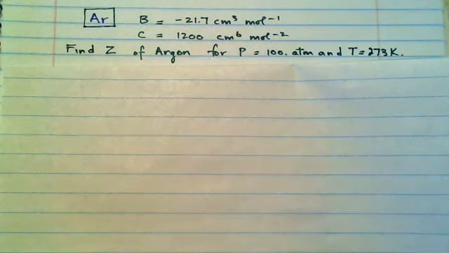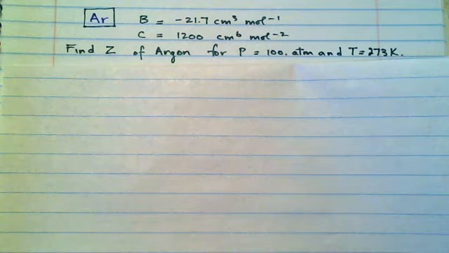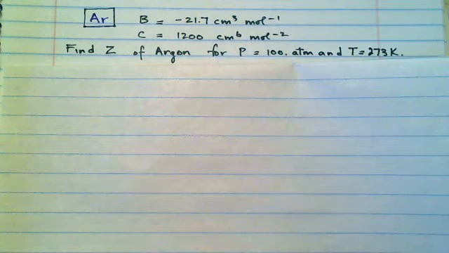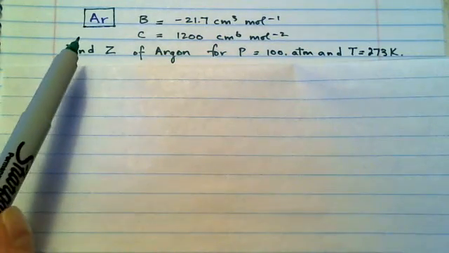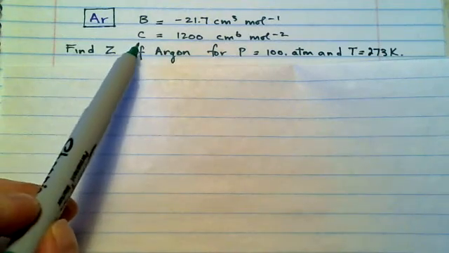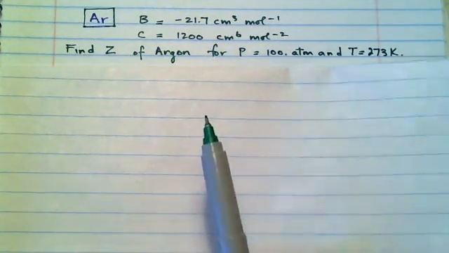So what I have here is the question from the textbook, and it's question 1C. No, it's not a question, it's problem. So the questions at the ends of chapters are divided into exercises and problems. So this is problem 1C.2. And it describes a situation where you have argon gas at a pressure of 100 atmospheres and a temperature